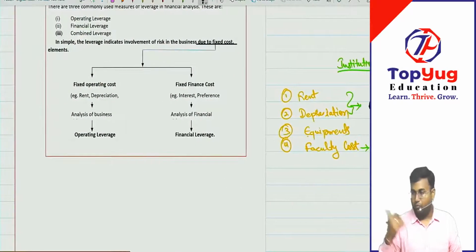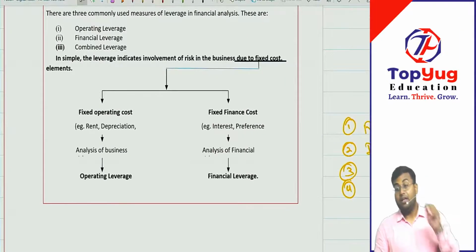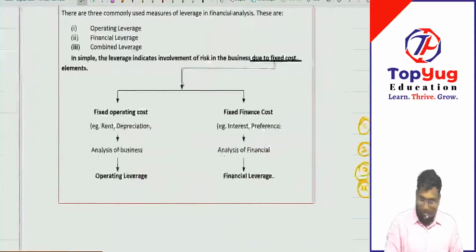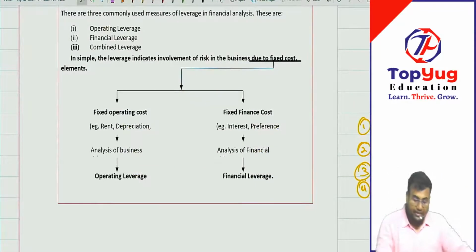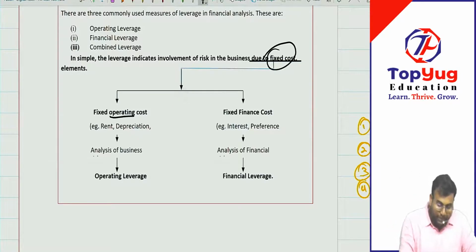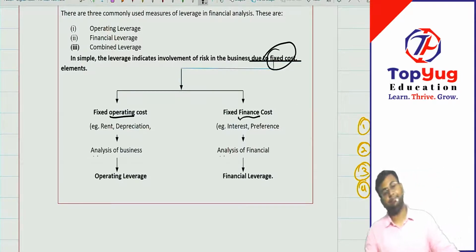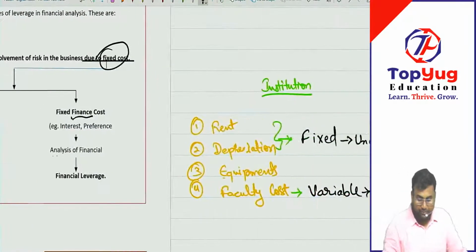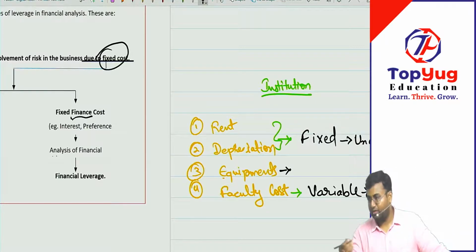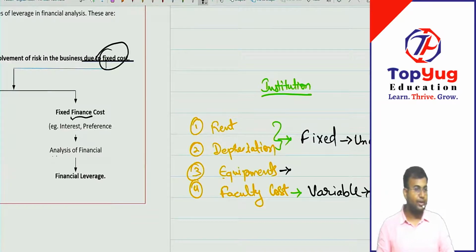So now what they say is the same thing. Sir, even in this fixed cost, they further say, I will not write it down because it is already written here, that this fixed cost can be further divided into fixed operating and fixed finance. What is fixed operating? As you said, madam, equipment. One we have not discussed, equipment we have not written here, right? So please see, this equipment is what? Fixed only. Once you purchase, it is in your name, right?